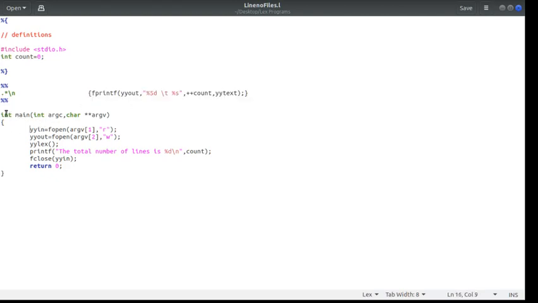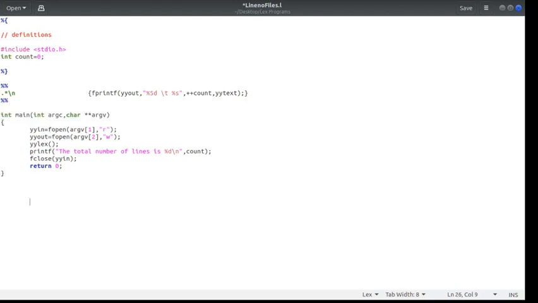In the main function, you can see we have modified it a little bit. Here I have two arguments for main, that is argc and argv. If you have done programming in C using the command line prompt, you should be able to understand what these mean. Here I'm using two standard variables, yyin and yyout.